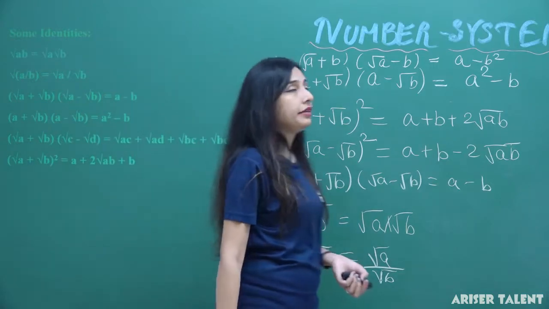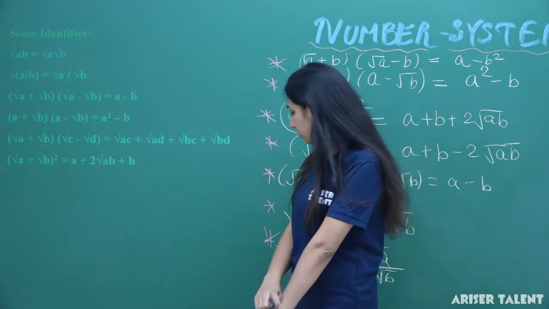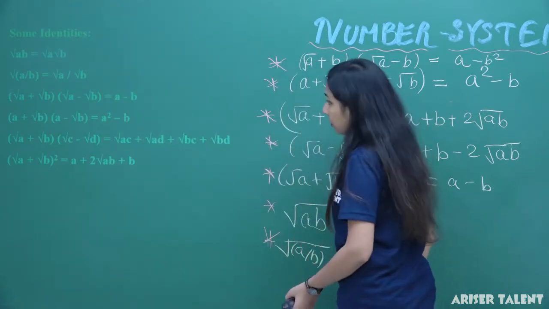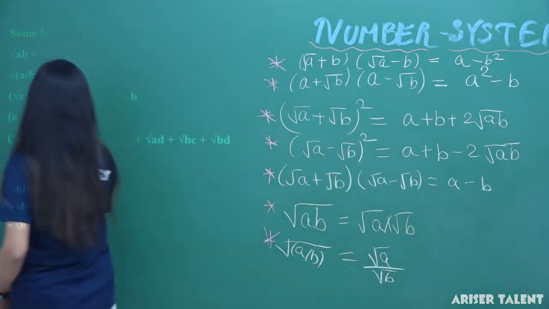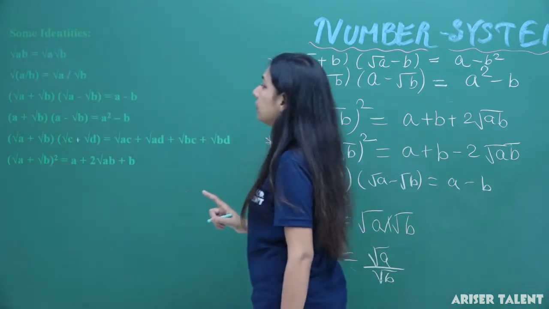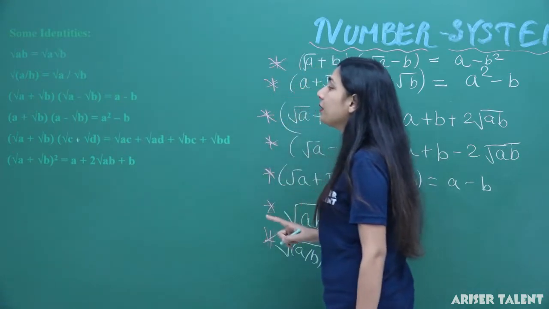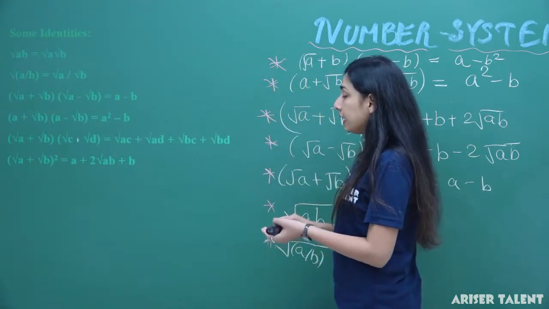Okay, this identity is also there. Now I am having this, correct it students, this identity, there is a plus here. So this is basically root a plus root b multiplied by root c plus root d, and that will be,